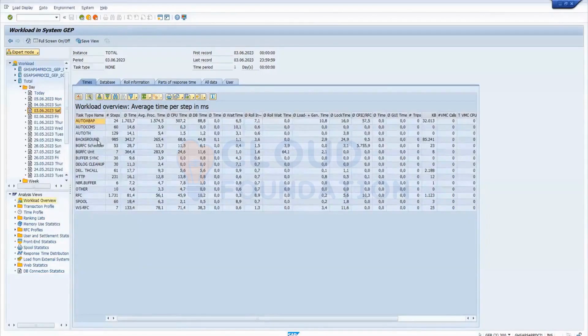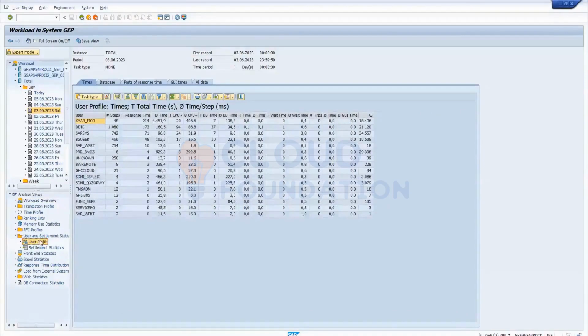In the downside, there is a user and settlement statistic option. There is a folder. On the downside analysis view, there is a user and settlement statistic. User and settlement statistic, user profile. Click on the user profile. Double click on the user profile. You are able to see on 3rd of June, Saturday, these users are logged in, because Saturday was a holiday